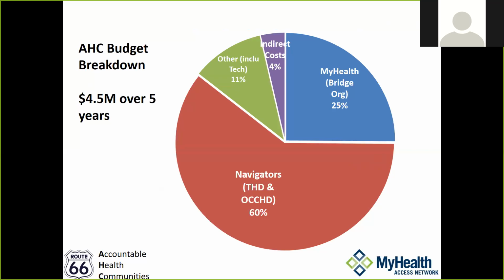Now, what we're hoping comes from this is a quantifiable number of patients and clients who need services, so that the social needs agencies can start to use our data to report to their philanthropic funders or the state agencies or federal agencies that fund them about their impact on the community, as I was showing you in the previous study. So then you see the bridging organization is about a quarter, and then our technology is about 11% of the cost.